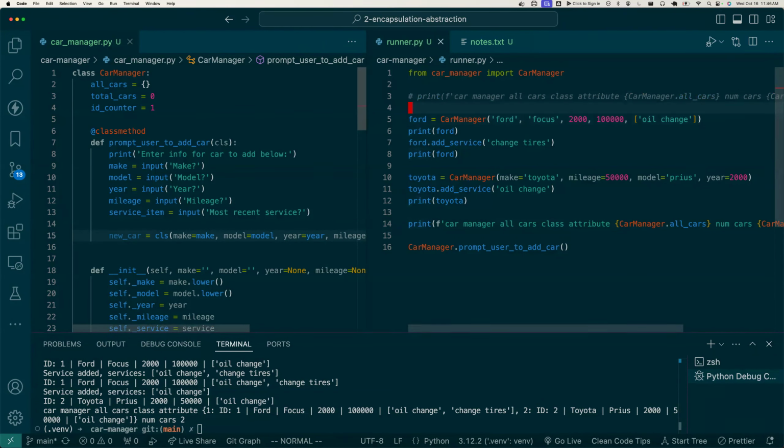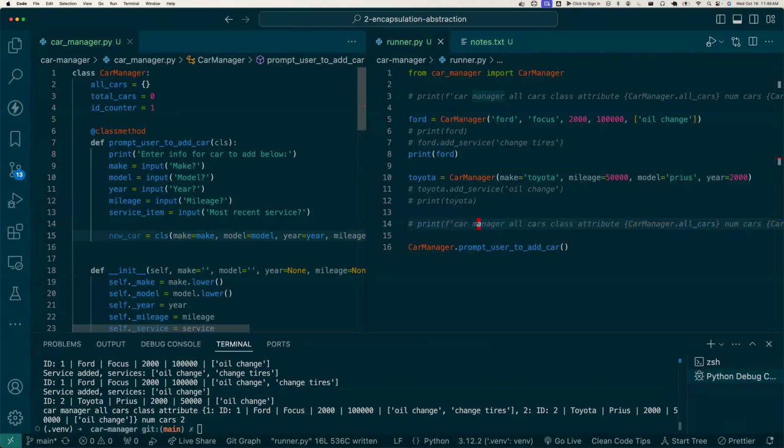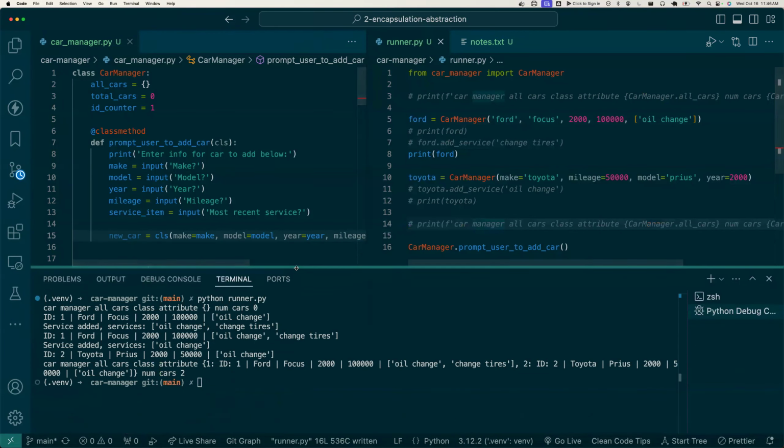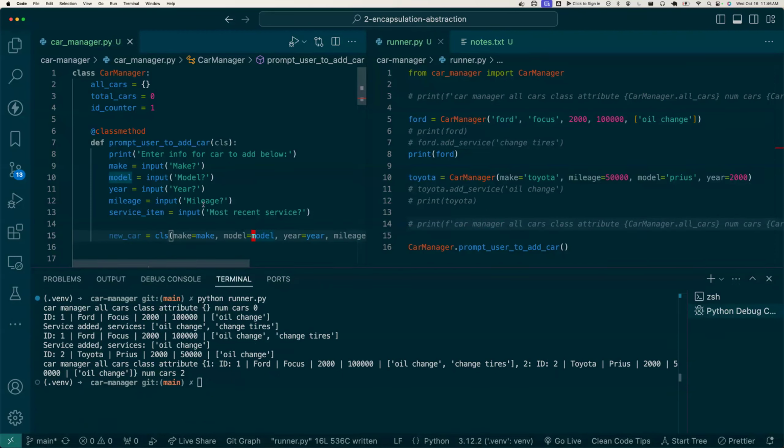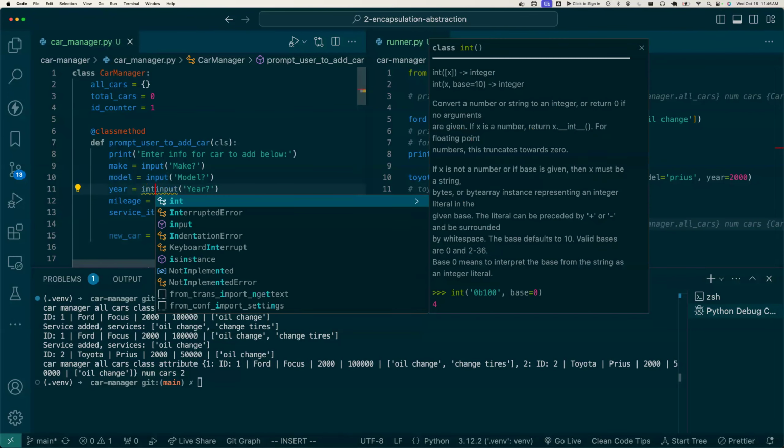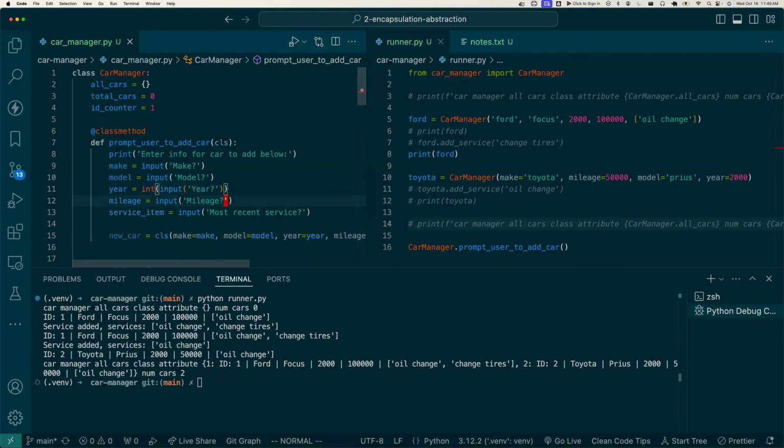So let me just comment out all the things adding print statements, so we just see the prompt to the user, and then let's run the code. Owen, yes, sir. You might get an error because you're putting the year and mileage as a string with that class method. Probably need to cast to an integer. That is a great call. Thank you. I totally forgot about that. We are definitely going to need to cast year and mileage to integer,